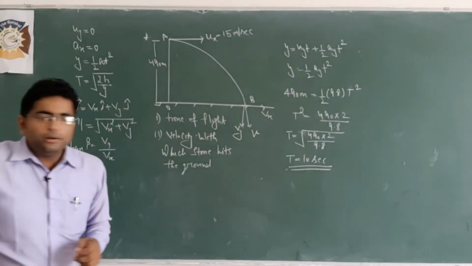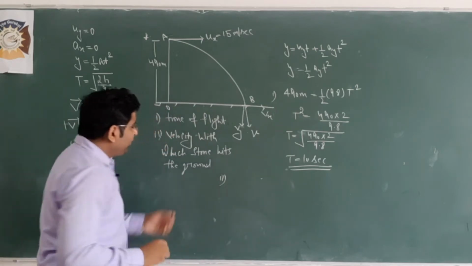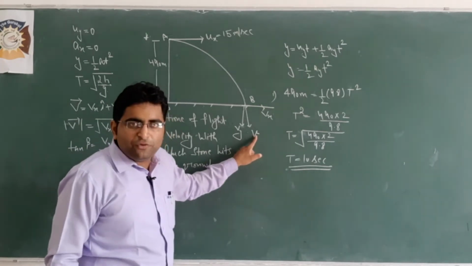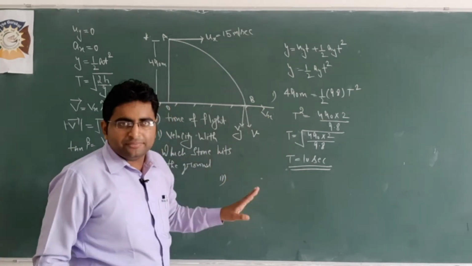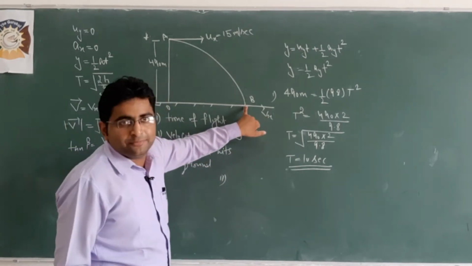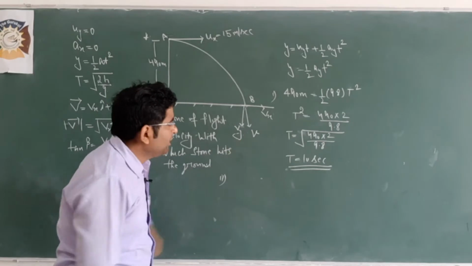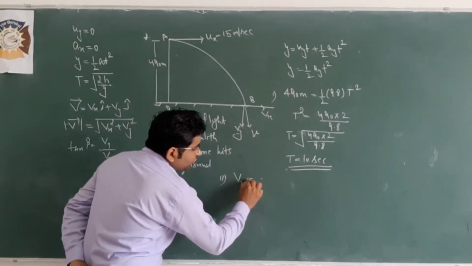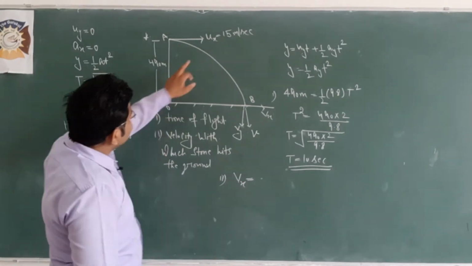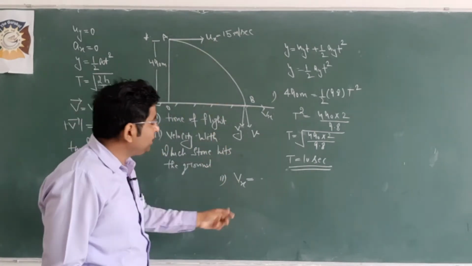Clear? Okay beta, look at second. We have to calculate the resultant velocity with which the stone will hit the ground. For calculating this, we have to calculate Vx and Vy. Clear? So Vx and Vy we will calculate when the stone will reach point B. It means while calculating Vx and Vy, we have to take time of flight. So beta, initially Vx. You know very well that there is no change in the velocity along x direction. So whatever the value of ux, it will be equal to the value of vx.